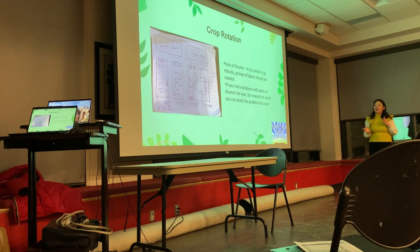But as a rule of thumb, I try to switch it up. If potatoes were in that bed that year, I'm not going to put potatoes there next year, and ideally not even tomatoes because they're in the same family, right? So if you had potato bugs, for example, they might also eat your tomatoes or your eggplants or your peppers. So generally, you try to switch it up so that you don't plant the same things